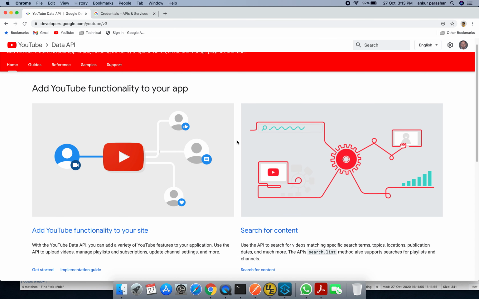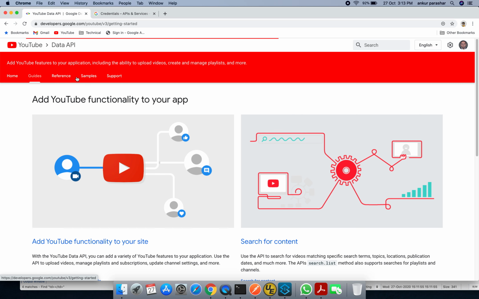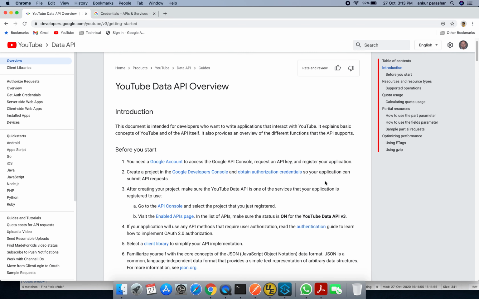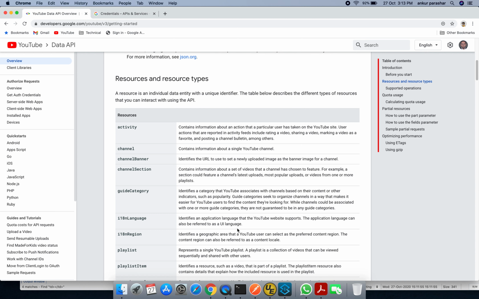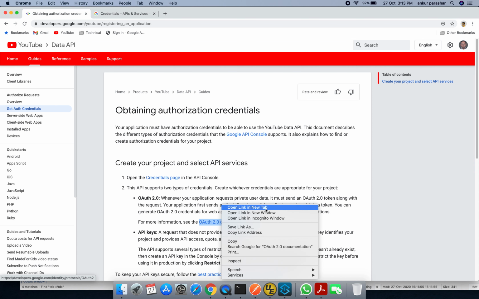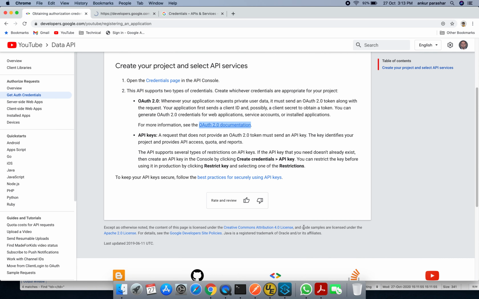Sorry. So here it goes, the YouTube Data API overview. Here it talks about the OAuth setup as well somewhere here. I'm just looking out for it. So here it goes. You can refer to this particular documentation.